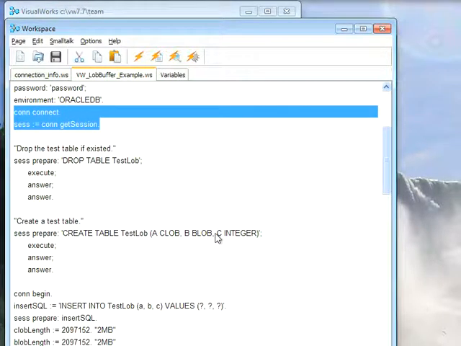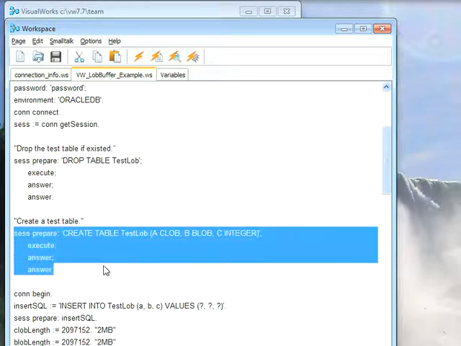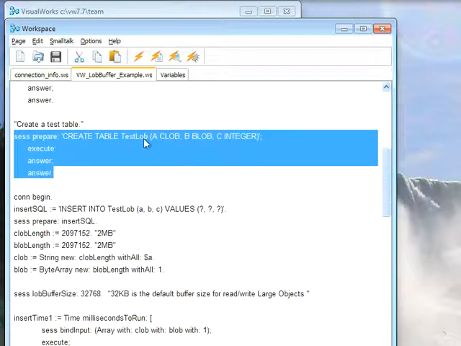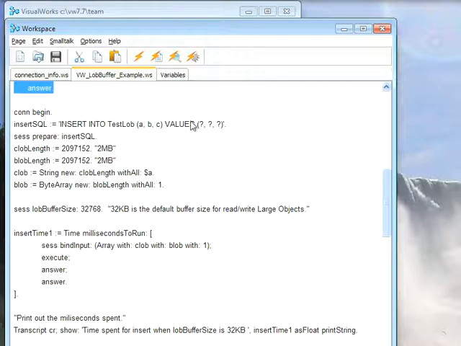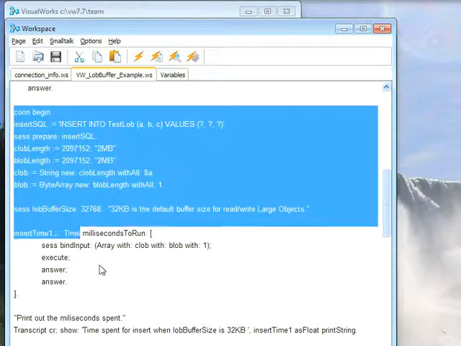We're going to connect, and then I'm going to create the table from scratch so that I don't have anything lingering in it. Now once I've created my large object table, I'm going to go ahead and insert stuff into it. So I'm going to create my insertion statement here, create this length is 2 meg, another length is 2 meg, one for the CLOB and one for the BLOB, and then I'm going to push these in with either characters or numbers in them, and I'll just go ahead and execute that and see how long it